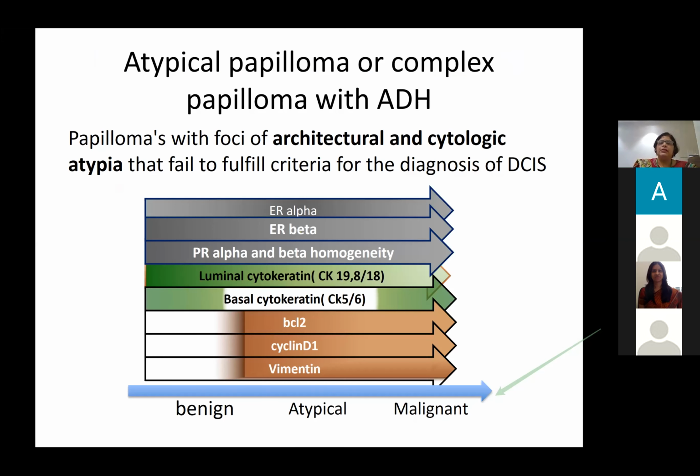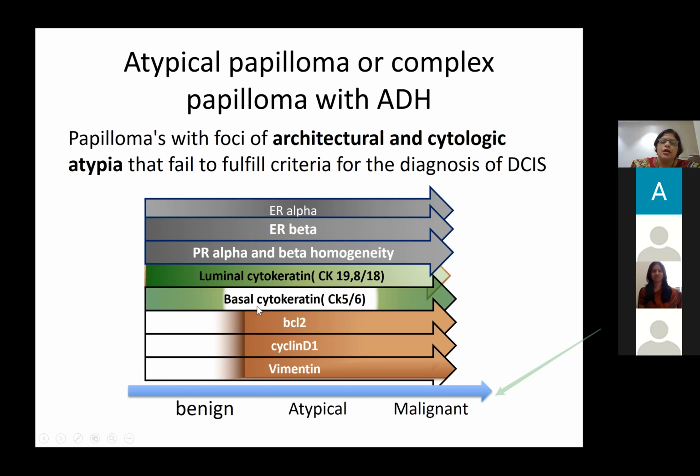Now, when you're dealing with a little more atypical epithelial hyperplasia in a papilloma, we take the help of immunohistochemistry. The three things that all pathologists can easily do is an ER. Remember, in the benign lesions, the ER is very low. As it becomes low grade or borderline or middle level in situ, the ER becomes very strong. Again, in high grade papillary lesion, it disappears, but in the low grade, which is the usual papillary lesion, it becomes very strong and diffuse.